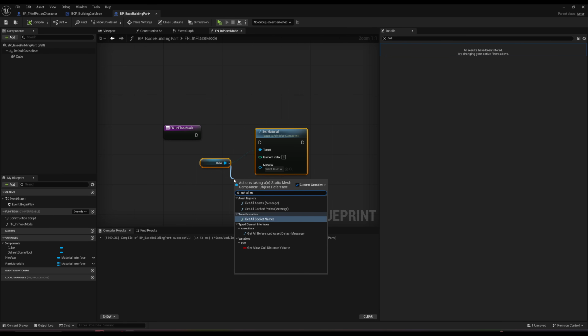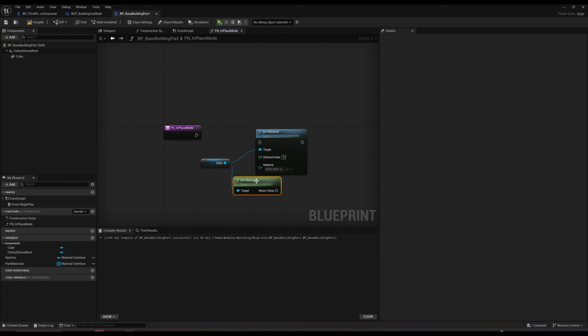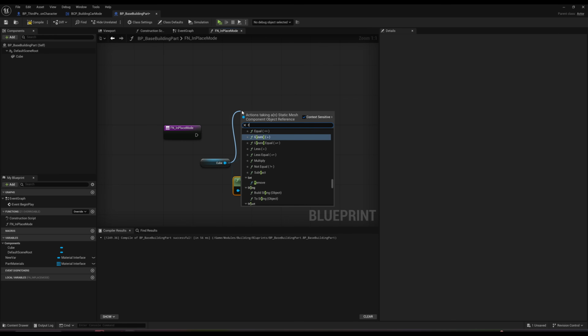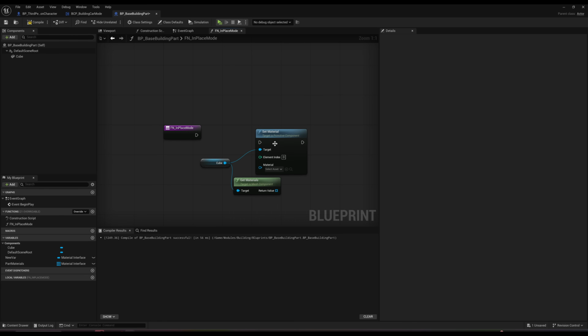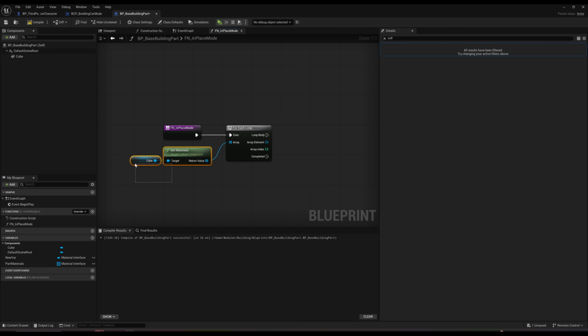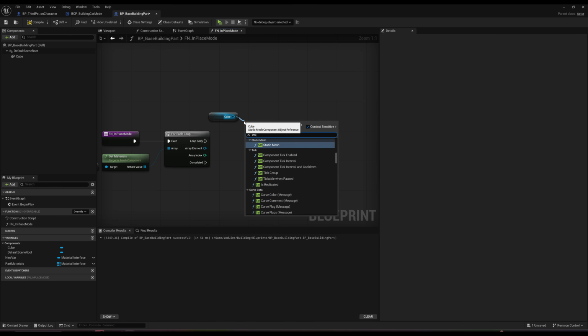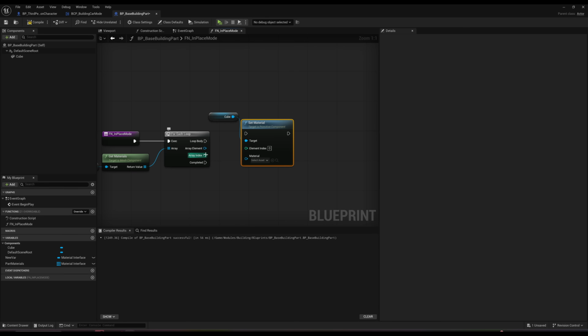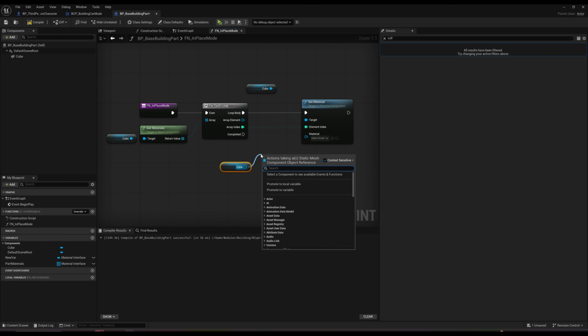get all materials. Right? And I think this is the one. Remove material, clear. I mean, what we can actually do here is do for each, right? And we're just gonna basically set material, the index, we're gonna set to nothing, which means there's nothing gonna be assigned to it. And then we're gonna get a cube, and we're gonna set